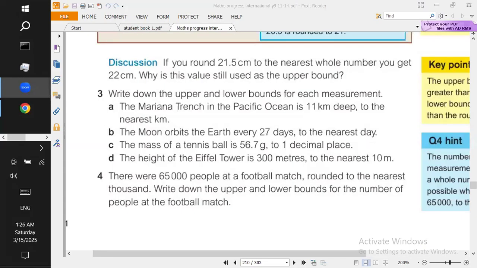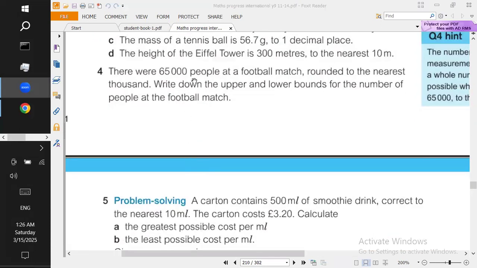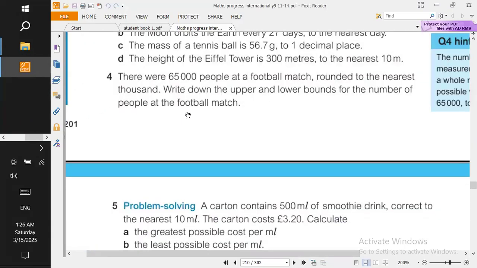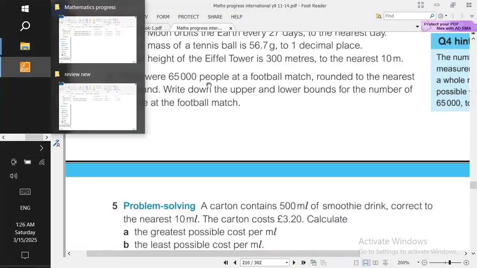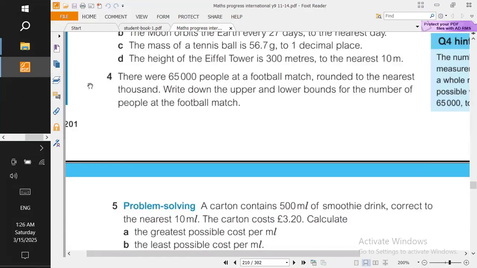Okay. So one significant figure means what? It means the first number. For example, let's take this question and use one significant figure. There were 65,000 people at a football match, rounded to the nearest thousand. But I'm not gonna say rounded to the nearest thousand. I'm gonna change it to make it one significant figure